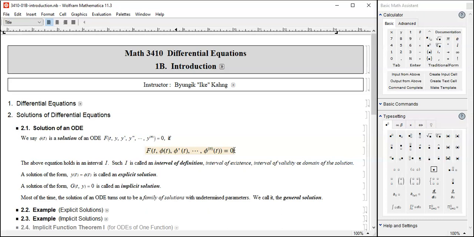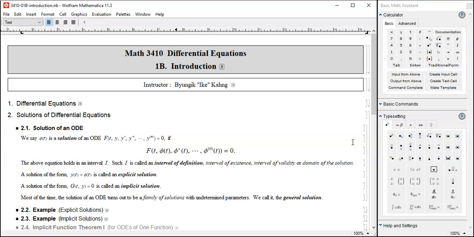And most of the time, a solution is valid in a certain interval, and it has to be an open interval because we're dealing with derivatives here. This is a differential equation, and if you have a closed interval, at the end point, we can't have any derivatives there, so it has to be an open interval. And that open interval, where the solution is really a solution, is called interval of definition, or there are some other names: interval of existence, interval of validity, domain of solution, and so on and so forth. There are many, depending upon the authors, but our textbook author typically uses interval of definition,